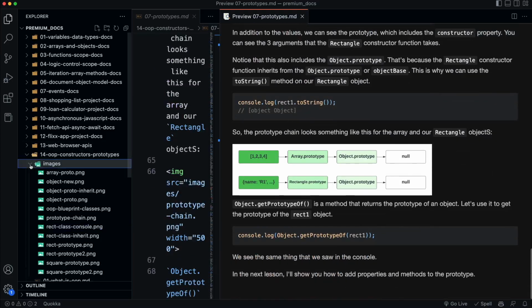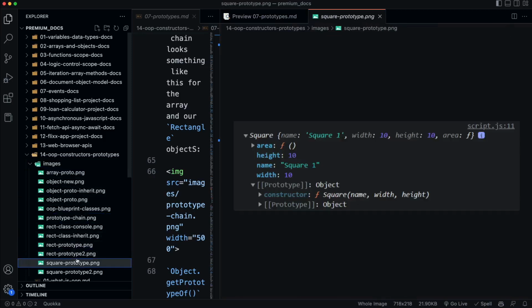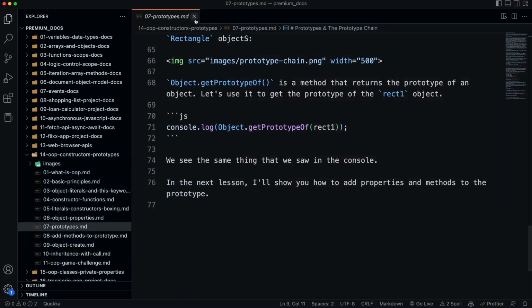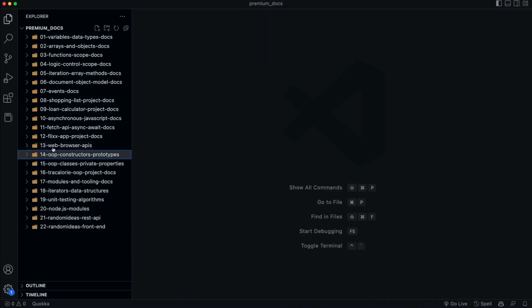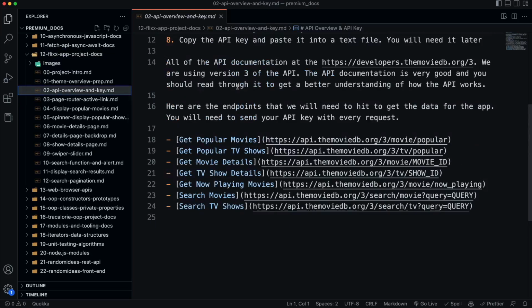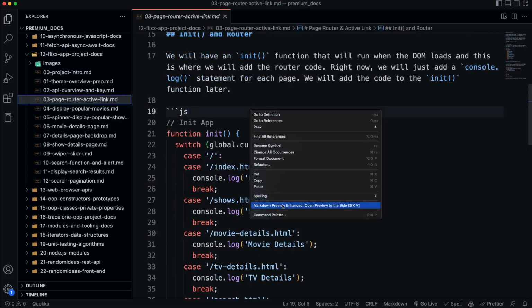So anytime you see these images, these are just diagrams or screenshots that I include in the documentation. And what's nice is not only do I have the learning modules, but also the projects. Like if we go to the Flix app, every video in the Flix app is here, and all of the code samples as well. So if we preview this,